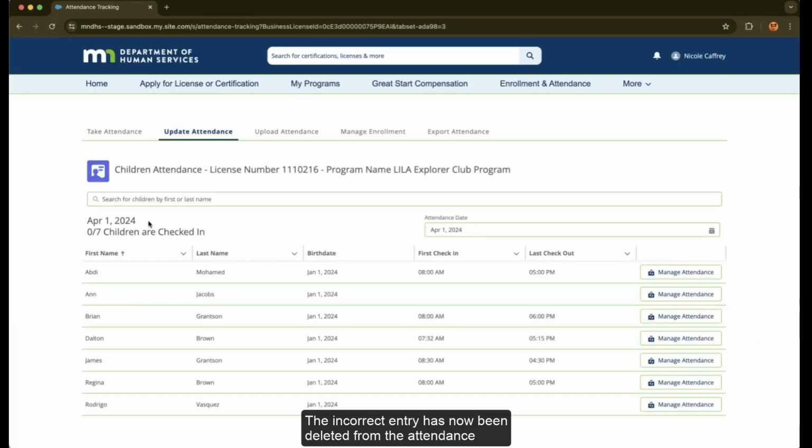The incorrect entry has now been deleted from the attendance history for that child for that day. The attendance record should be accurately represented within the Update Attendance tab for that date. Again, note, you may need to refresh your browser to show the changes you just made.